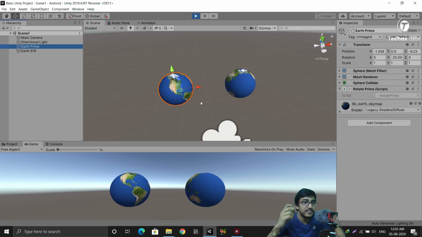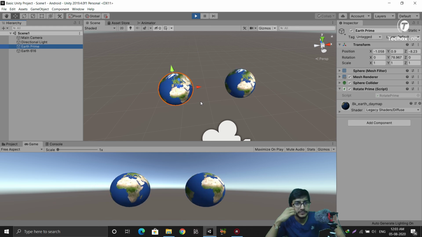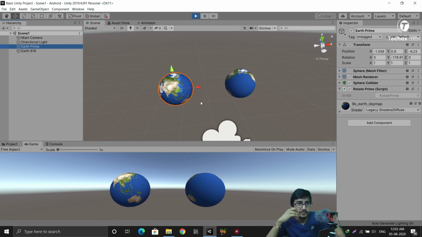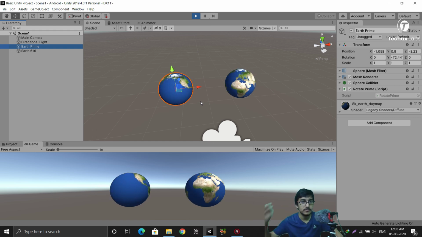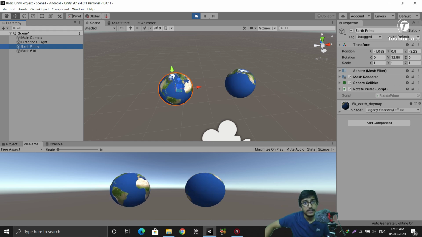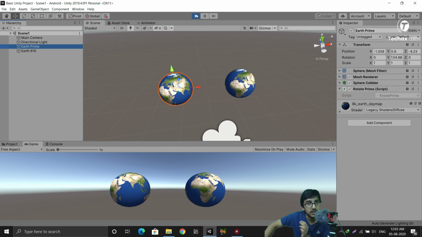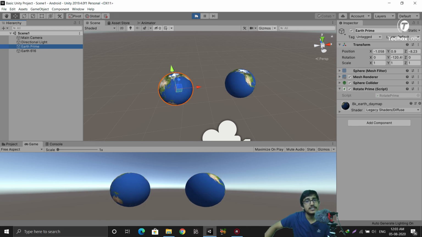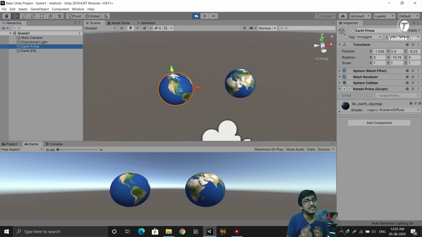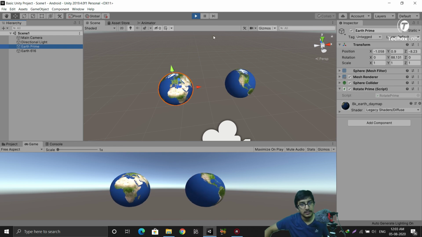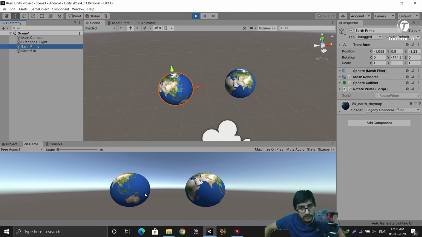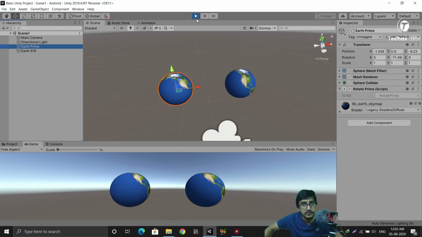Actually this is a very small change, you cannot see it, but still I am telling you. And you can use any of the scripts if you want. Those were very simple scripts, I just used one single line, and whichever rotation you think is good, you can use it.